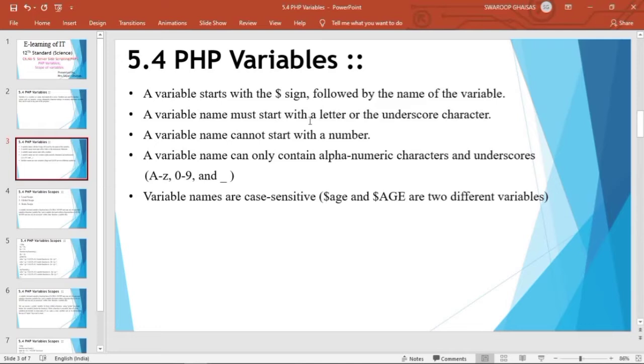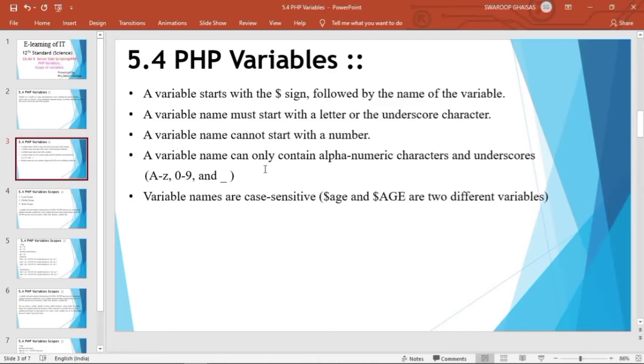No numbers and special symbols can be used at the start of the variable name. A variable name cannot start with a number, that is, we cannot declare a variable starting with a number, like $9 or $5. This is not a variable. A variable name should always start with a letter or underscore character.